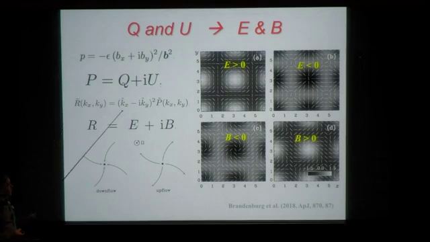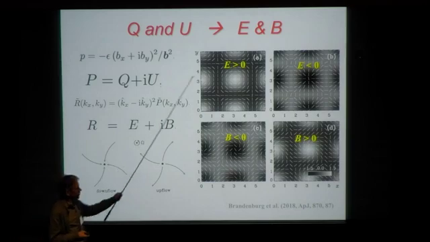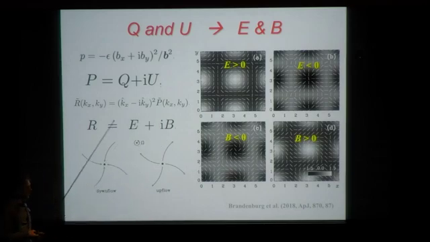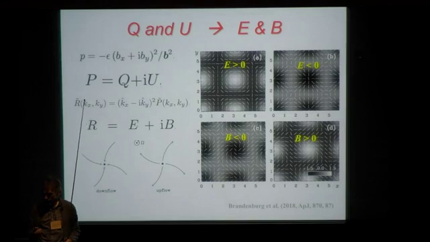Once we have calculated this in Fourier space, we again have real and imaginary parts, which we can then decompose and Fourier transform back into real space. And that still turns out to have real and imaginary parts, and these are exactly the E and B modes. And so you can play this game and verify such a picture. And it is interesting especially if one wants to find parts of the turbulence that are not mirror